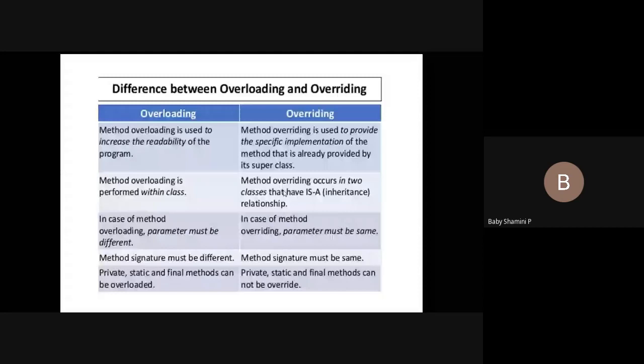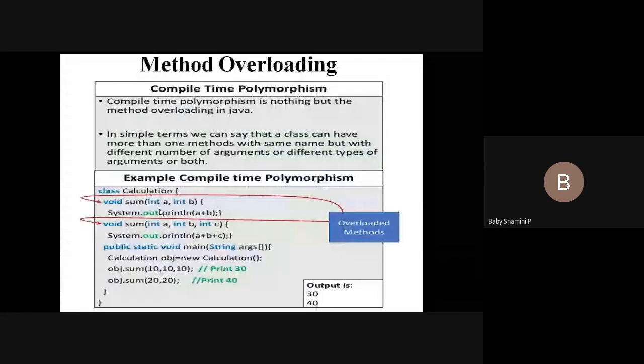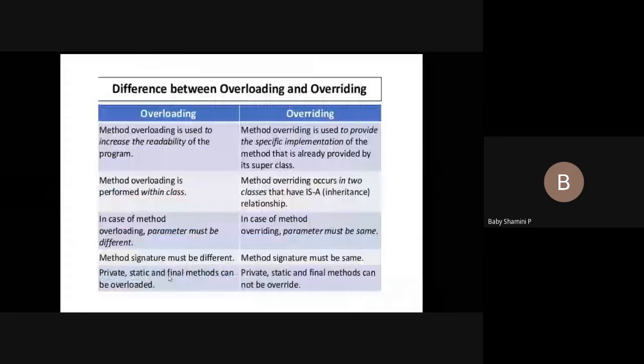Next, in method overloading, the parameters must be different. Consider int a and b, and int a, b, c. We can also give double a, double b, double c. We can pass double values here. So the parameters must be different. In overriding, the parameters must be the same.